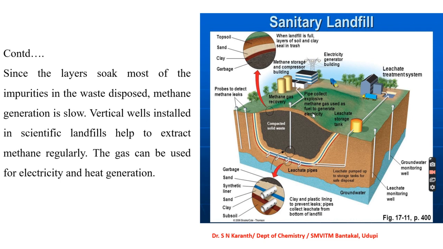So usually methane gas is liberated. Here we can observe the solid waste and leachates. Here are the leachate pipes, which then go to a leachate treatment system. Here we can observe the generation of methane in storage and compression and the methane gas recovery system. From there we can distribute it to the electricity generating building. Then the thick content is introduced to land so that we can use it as a fertilizer. A leakage storage tank is also introduced here.